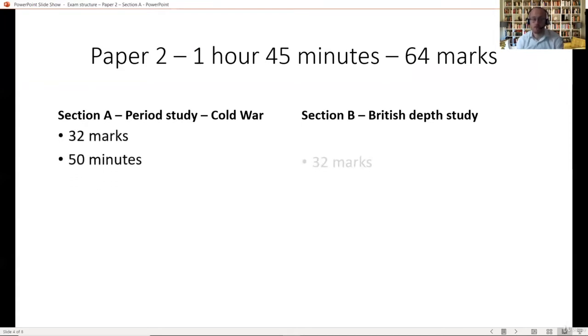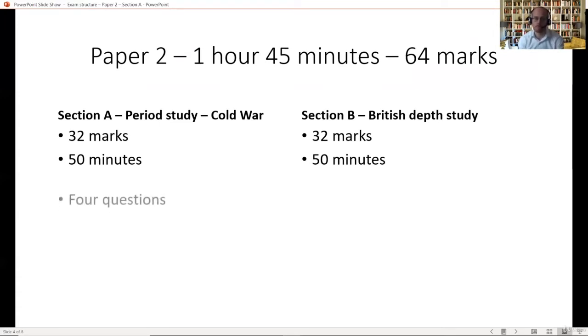Both sections have some similarities, i.e. they're both 32 marks each, and you spend about 50 minutes on each side of the course. You actually have to spend 47.5 minutes per section to make the hour and 45-minute deadline. But I'll give you some estimates for how many minutes you should spend on each question to ensure you don't